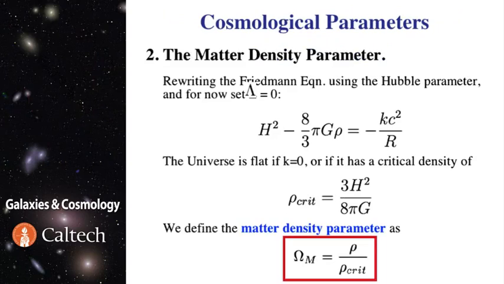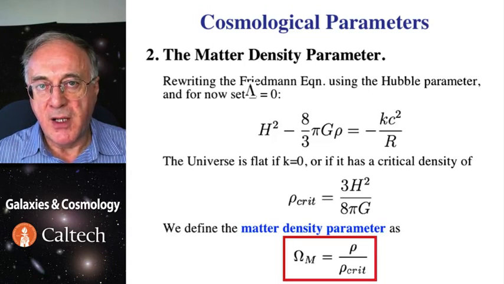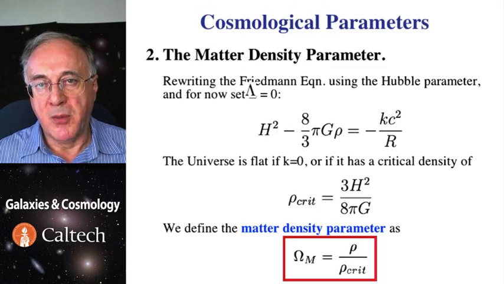The next one is the density parameter. It characterizes the mean density of the universe at any given time. If you look at the Friedmann equation, assuming that cosmological constant lambda is equal to 0, the universe is flat if it has the curvature constant of 0, and that can be also expressed as the critical density over 3 times H0 squared divided by 8 pi G. Note that the critical density is determined just by the Hubble constant at that time. The ratio of the actual density of the universe to this value gives the omega matter, the density parameter. If the density is exactly equal to critical, then omega matter is 1